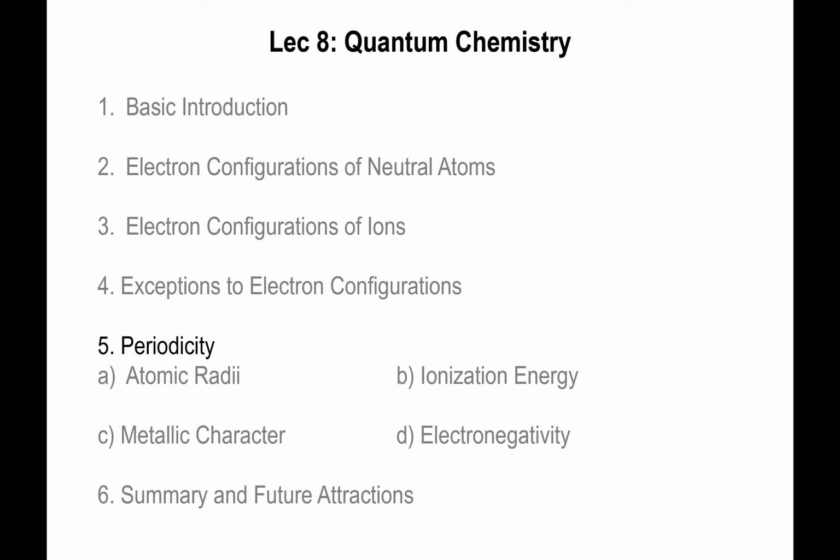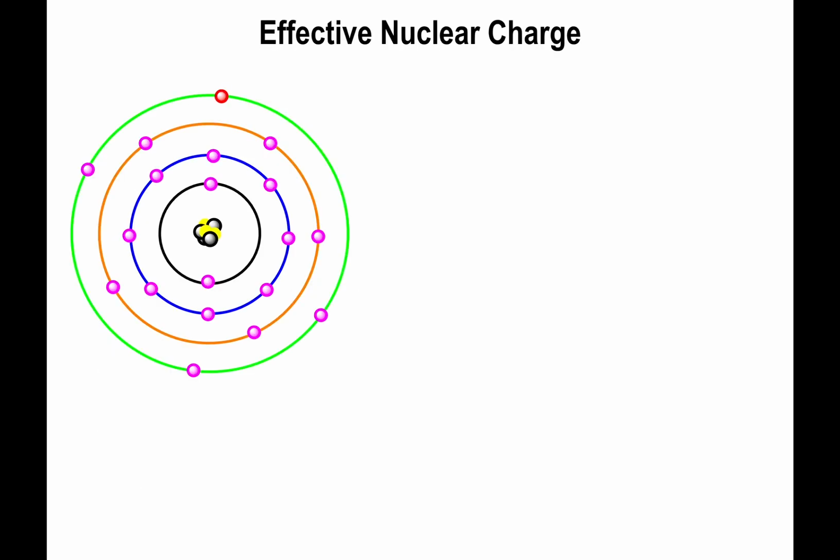All right, let's talk about periodicity. This particular topic has to do with something known as the effective nuclear charge. Simply put, the effective nuclear charge is the actual charge that the outer electrons, the valence electrons, get to see. Because the fact is that, yes, you do have a nucleus with some overall positive charge, but any of